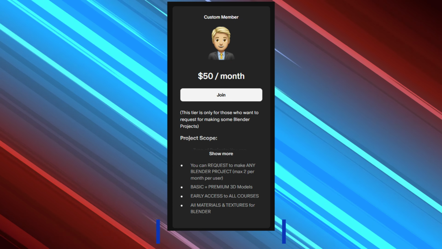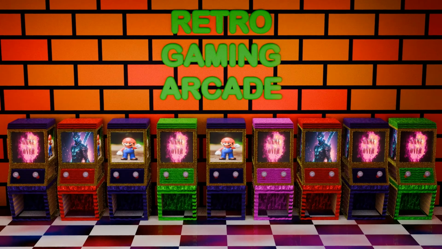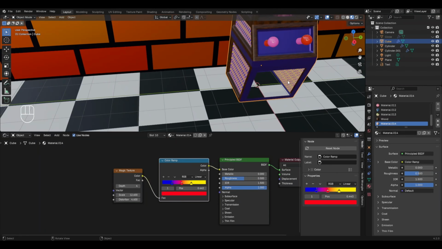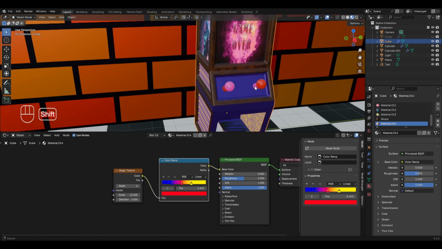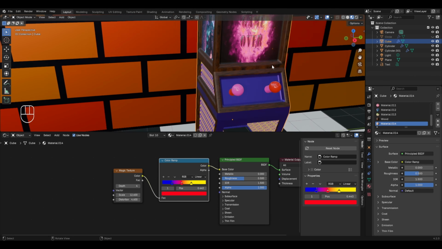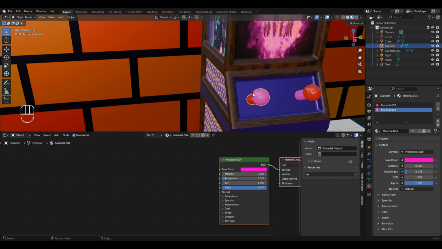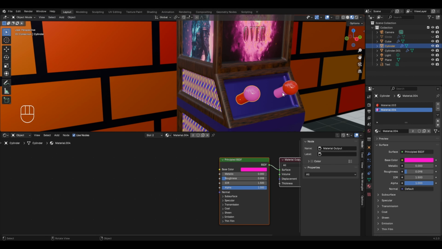And so now it's the time to use the concepts that we learned today in the retro gaming arcade scene that we are creating in this course. So I've opened this scene in the material preview mode, and in the last chapter, we created this wood texture and applied it to some of the faces of the gaming machine. And today, we'll be applying the Voronoi texture that we just created on the spherical part of the gaming controls. Also, we'll set the color of the cylindrical part of both of these controls to the red color.